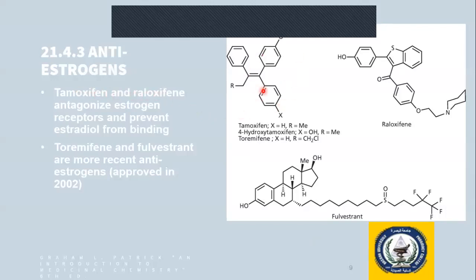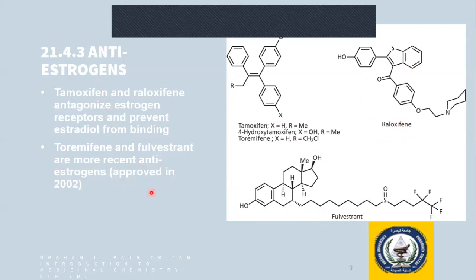You see the structure here. For tamoxifen, the R group is methyl and the X group is hydrogen. And this is the structure of raloxifene. Okay. Newer anti-estrogens are clomiphene and fulvestrant, which are more recent anti-estrogens. This is the structure for fulvestrant, and it was just approved in 2002, which is relatively new as